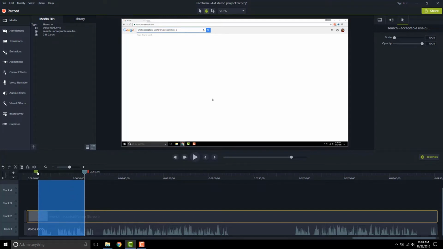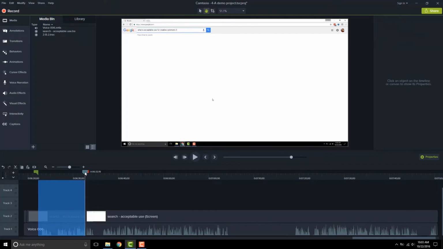Anytime I want to speed up or slow down a clip, I want to make sure that I make a split at the beginning and at the end of that section. So let's always start with that. So you can see that split will be right where my playhead is. So I have my playhead here. I'll go to the end and I'll hit the S key to split there.